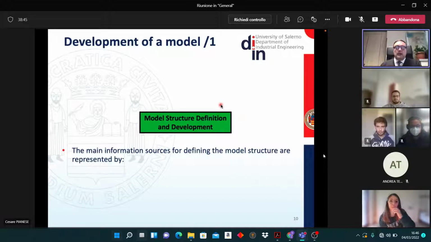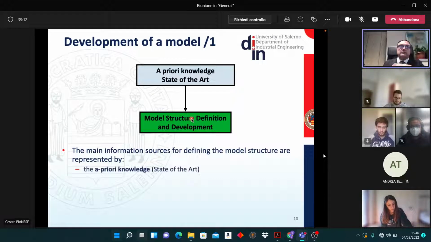Suppose that we want to start to develop a model. Of course, we need a model structure, the definition and development process. Model structure means the structure of equations, how we define the boundary conditions, and all the development phase. From where do we start? We start from a priori knowledge. So if we know that the fluid within a pipe has, let's say,